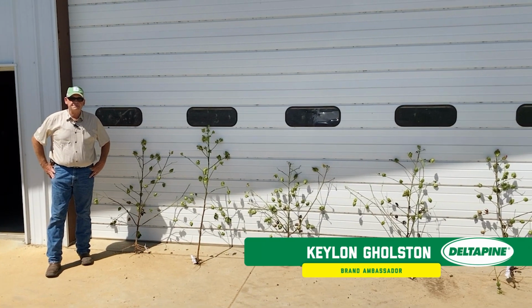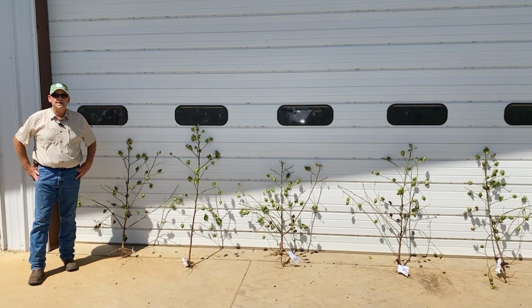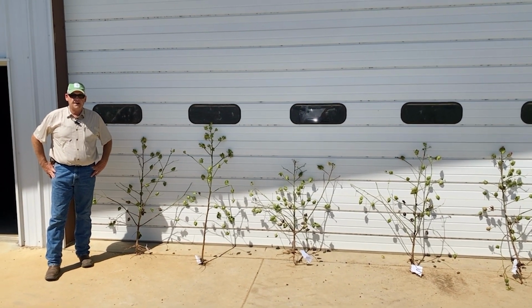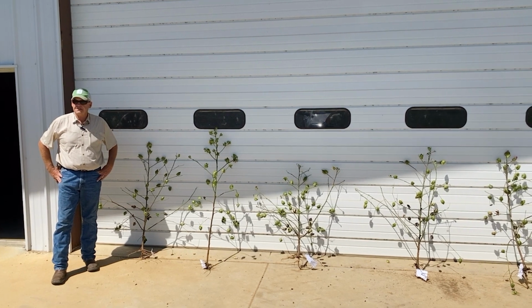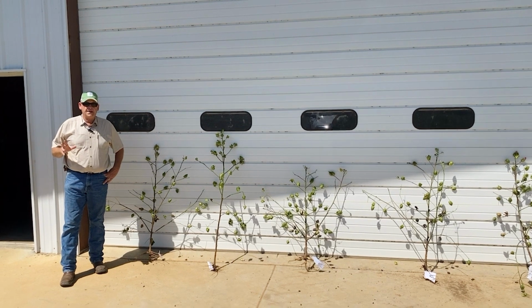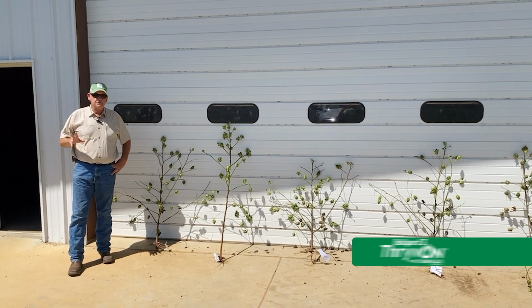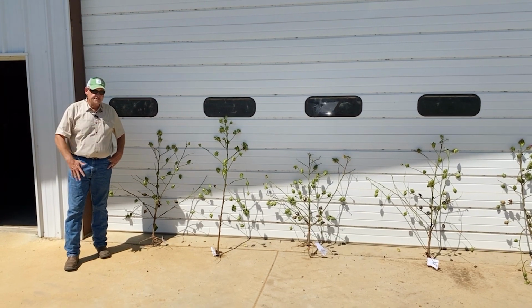We're here today on September the 1st in Macon, Mississippi at Joe and Tyler Herkamp's farm, looking at their NPE trials. Joe and Tyler have been NPE growers along with Jack and Brandon ever since the NPE program started. We just got done evaluating the ThryvOn trial here at Joe's, and there were a lot of differences out there